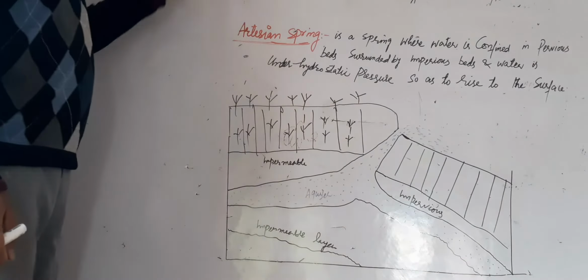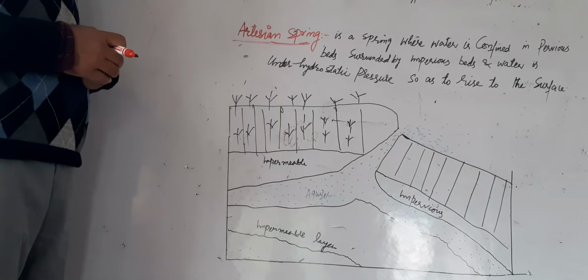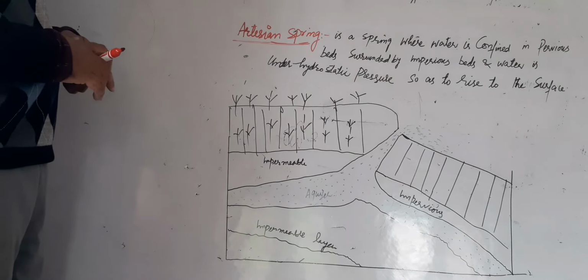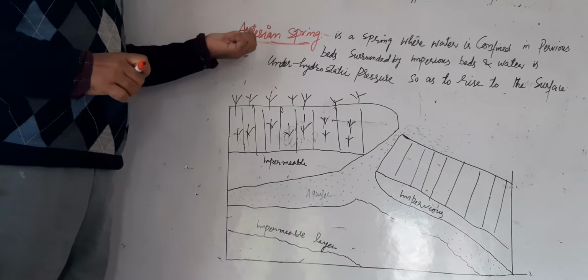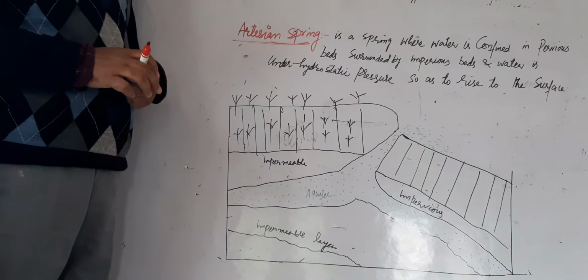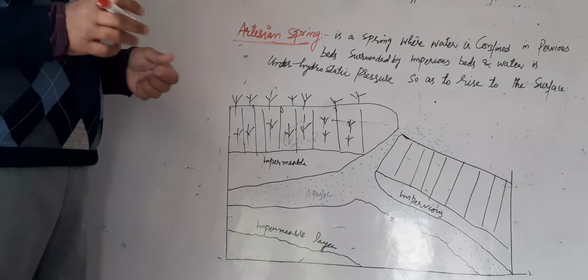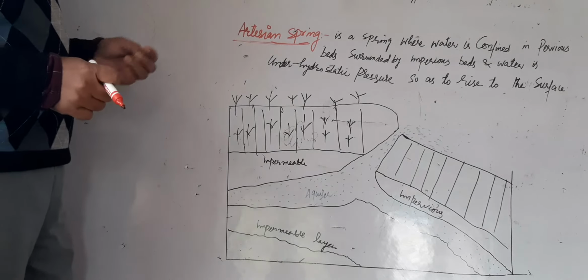Our today's class is for 11th. As you know, we are learning earth science. Today, we are going to discuss what is an artesian spring. But before that, as you know, we are